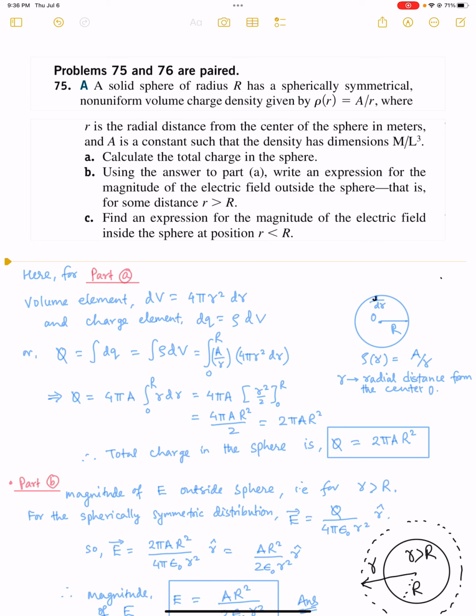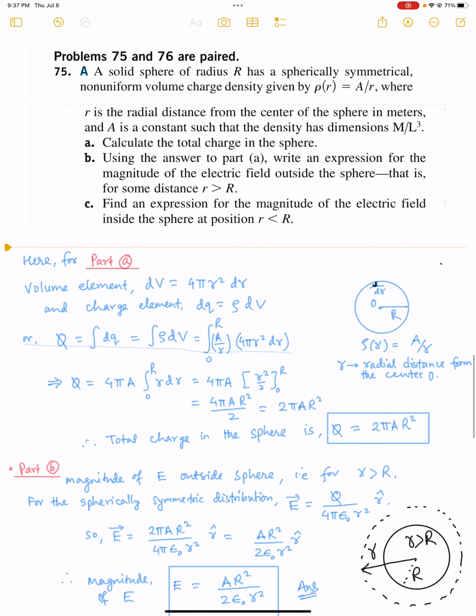Okay, these two problems, problem 75 and 76, are paired, so I'll try to explain how problem 75 can be solved, and we'll move to problem 76. So problem 75 is about a solid sphere of radius R that has a spherically symmetrical non-uniform volume